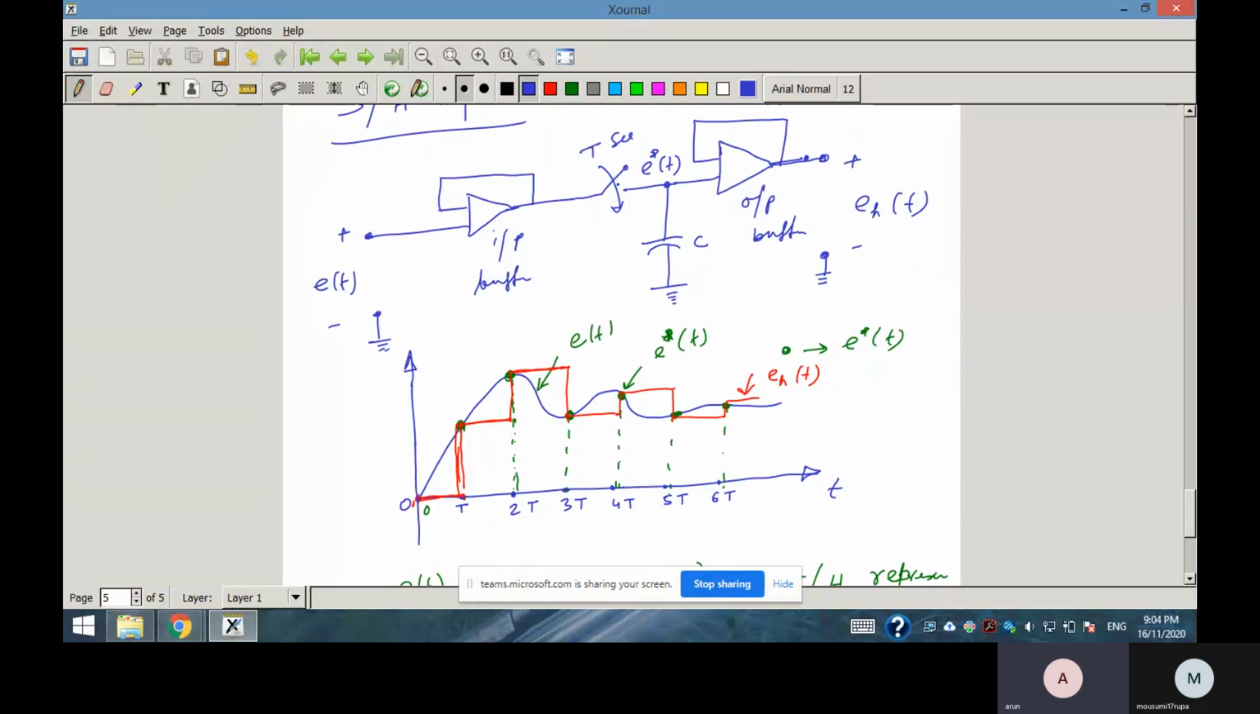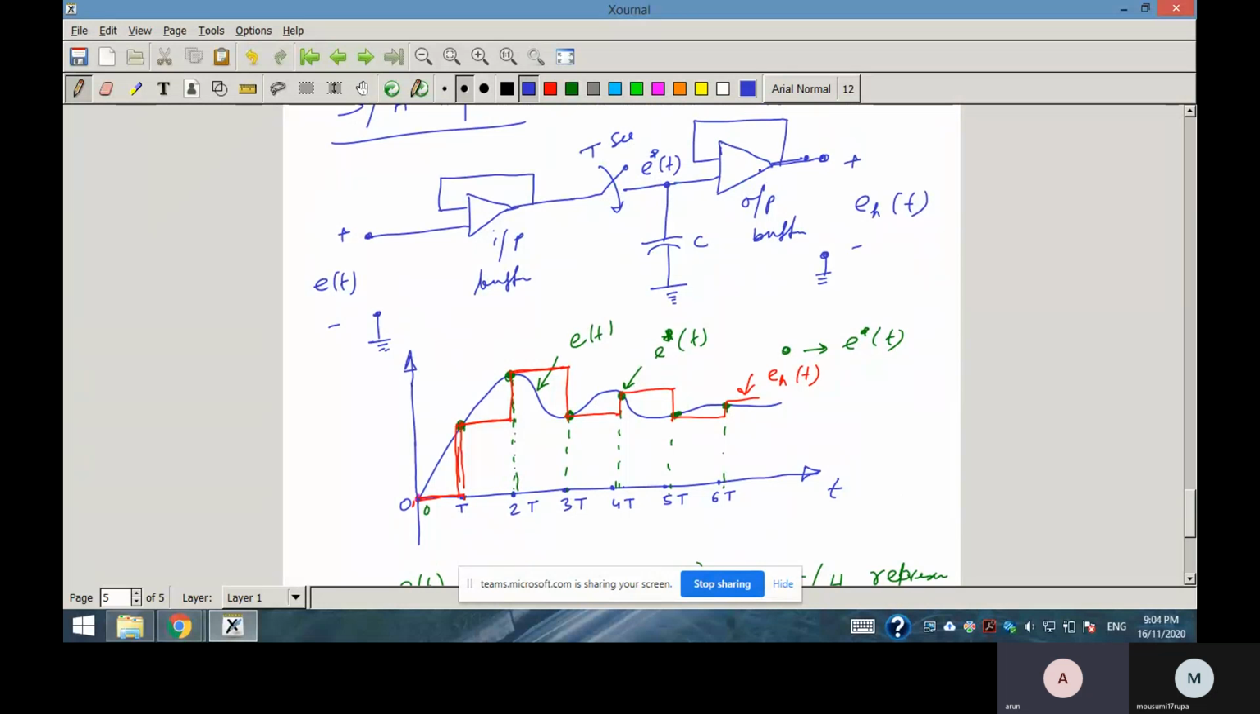And since just after switch on it becomes off, this switch instantly becomes off, then that voltage will remain constant because of the presence of this buffer. Okay, so here, the input buffer, because of the input buffer,